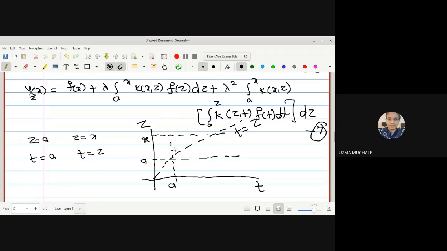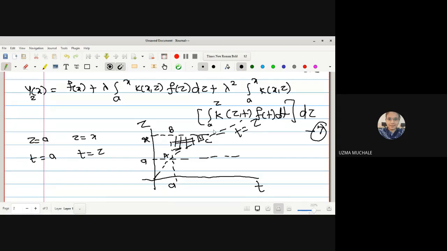Now we can tell the region of integration. This will be nothing but the region of integration. Okay. So the region of integration is given by these lines, and let me name it as say A, B, C. This is a triangle in which we are going to find the integration. That means the region of integration, because upper and lower limits of the integration have been provided.